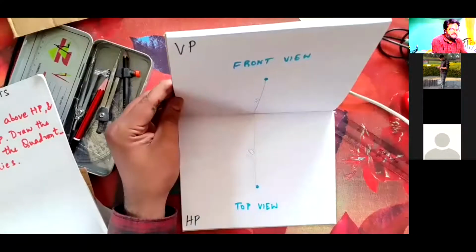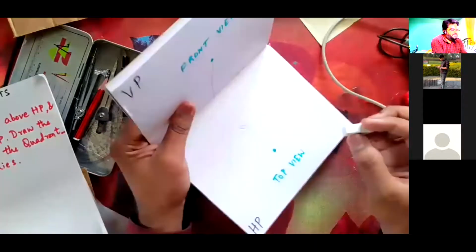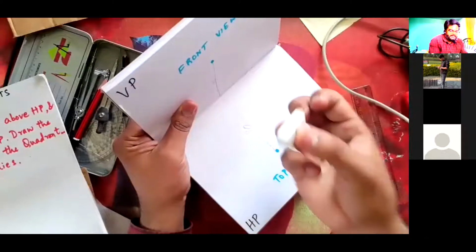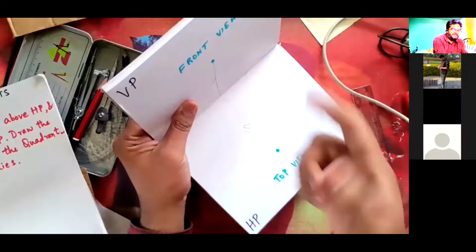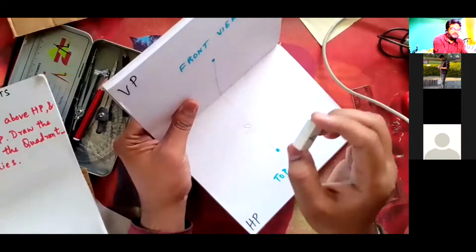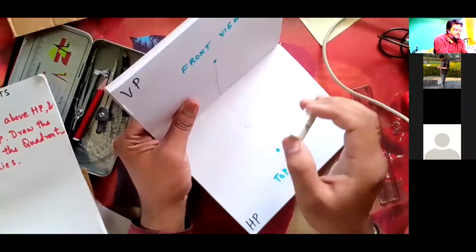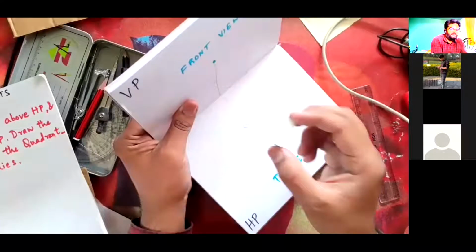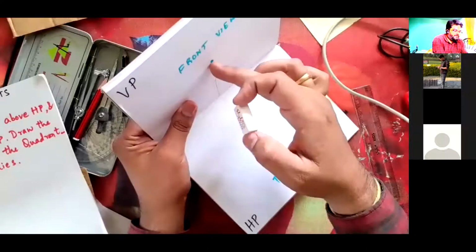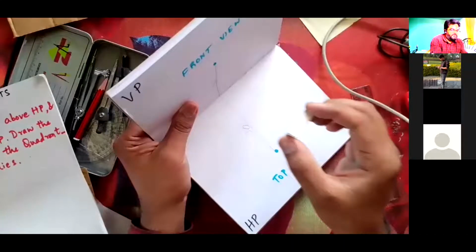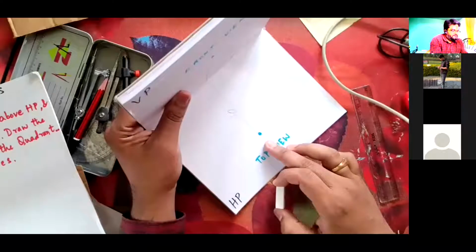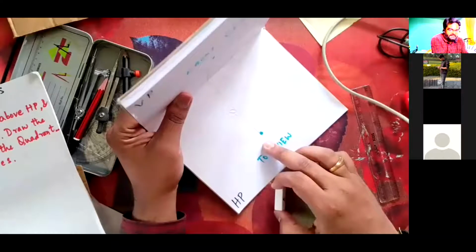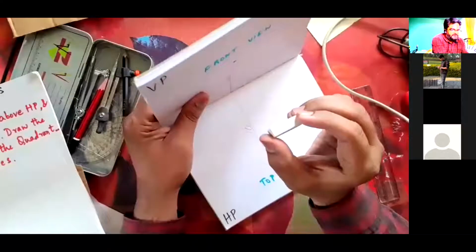Point A is in the first quadrant like this. I am seeing this point. There is no actual point; you can see an imaginary object, a tiny object. This is not an eraser. This is a point. Imagine a point is a dimensionless object. I am seeing this point's front view and representing it. As this point is 20 mm above HP, this distance is 20 mm. And 30 mm in front of VP, I am representing it on the top view. You can see that this is a point, a dimensionless object. It cannot move to the left or to the right.